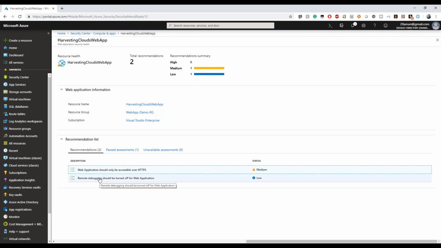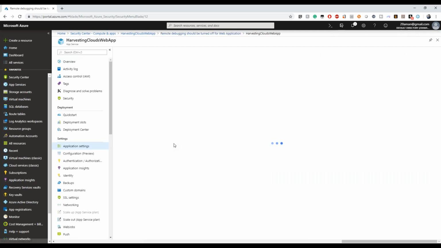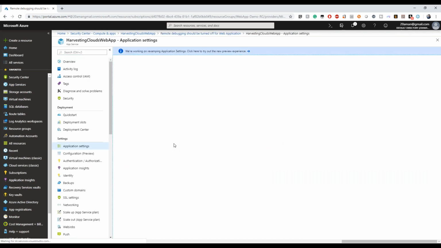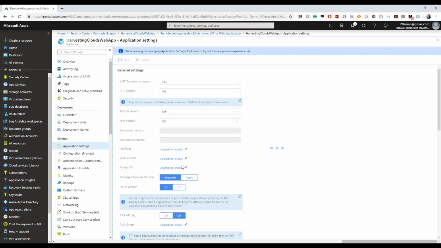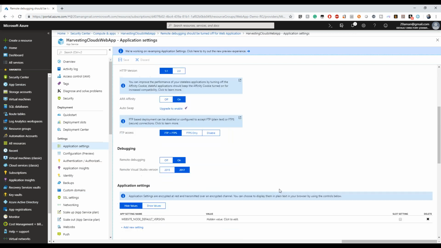The second recommendation it is giving me is that remote debugging should be turned off for the web app. Again, I can take action on this one as well. Here, it takes me to the application settings for the web app, and there is a setting for remote debugging. I can turn that off.